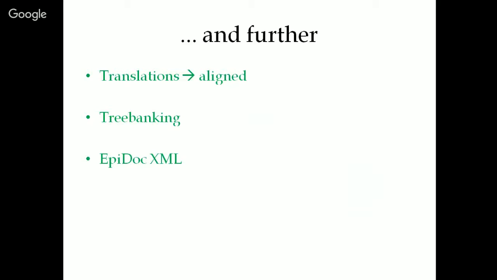Some basic education in how you do tree banking, and some basic education in how you encode such types of inscriptions in Epidoc XML. Probably not the same students will be able to do both tasks. We will split the group in two. Every one of them will do the translation alignment, because this is relatively simple. They already have done a lot in this respect. They have been moving towards this translation alignment with very many consecutive steps, but not everybody will be doing tree banking and Epidoc. They will be doing either one or the other, to get a feeling of the basic structure of the text, and hence the basic structure of